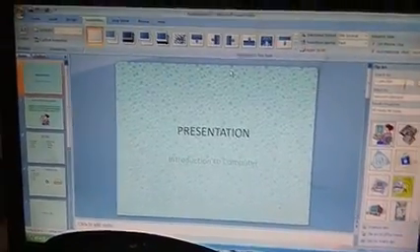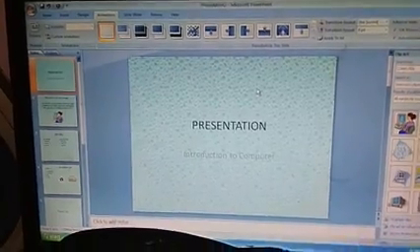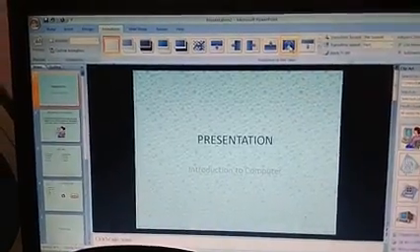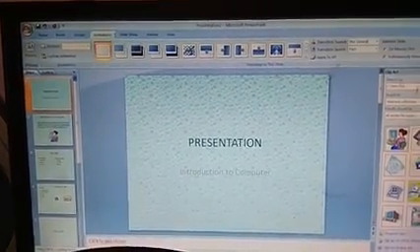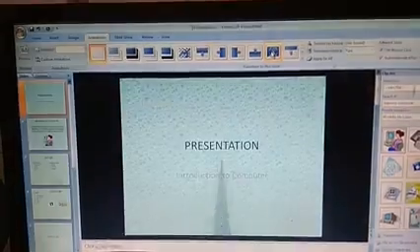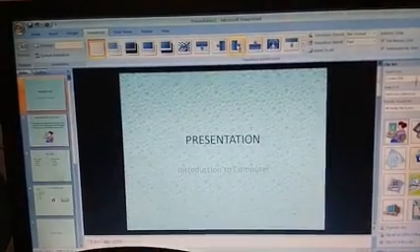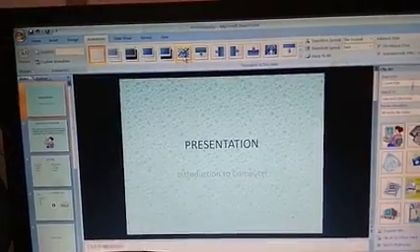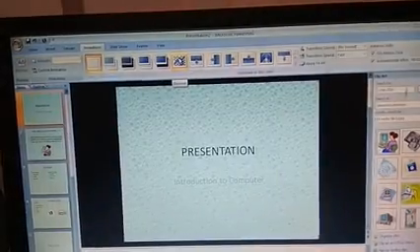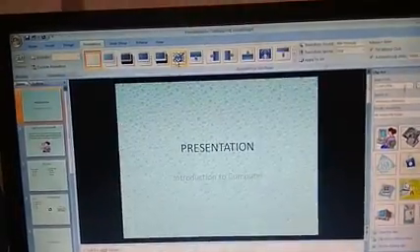Then suppose I want to give any special animation effect for my slide. This is the slide, and I have kept a pointer. If it is visible, I am taking my pointer to this location. See what animation effect it is giving. This is the animation effect, and this is the animation effect. Just observe the animation effect of a dissolve. The name of this animation is dissolve.